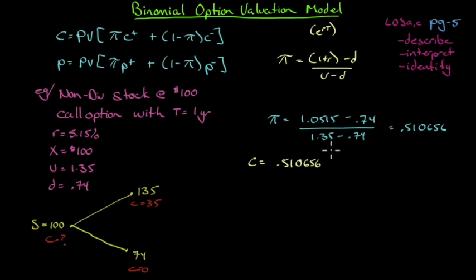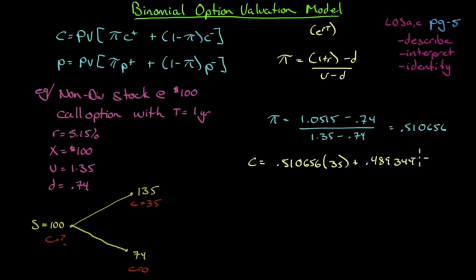0.510656. What is the payoff of the call in that price? 35. What is the probability of not going up? It's 1 minus that. Now I know the payoff of the call is 0. Typically I would say, well, if it's 0, what's the point of me writing anything out? I'm multiplying it by 0. But for demonstration purposes here,